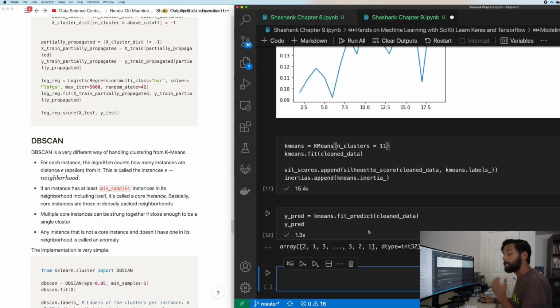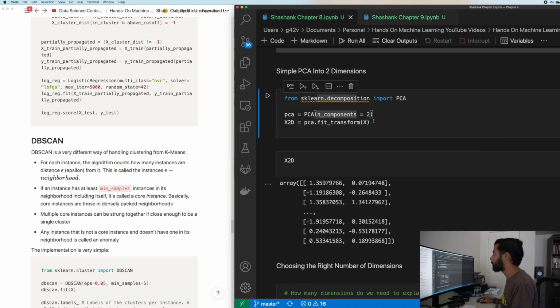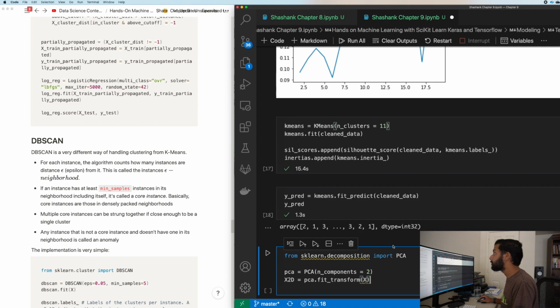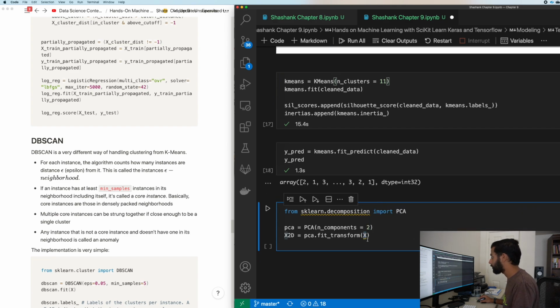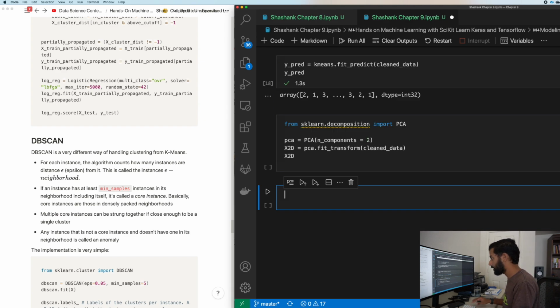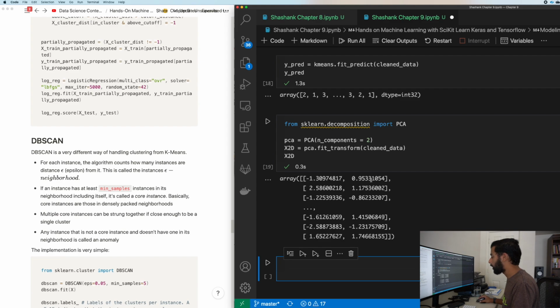Right, awesome. So now, in order to actually visualize these clusters, I'm going to use PCA to reduce the number of components down to just 2. So let me go ahead and pull PCA. If you remember, PCA stands for Principal Component Analysis, and is a way that we can basically transform our data. It's kind of like twisting the entire way we look at the data so that we are looking at the most important parts of our data correctly. So clean data, X2D. All right, so here are our principal components.